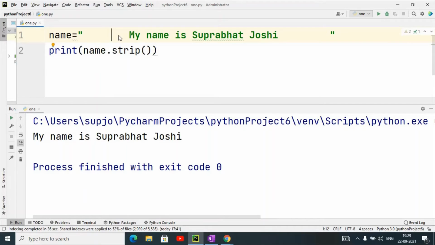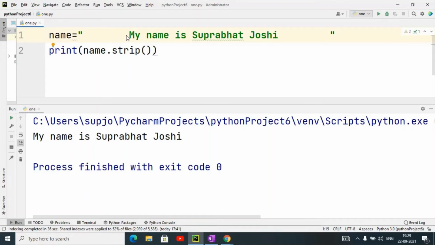It will remove all the blank spaces here. Understand everyone? It removes only before and after spaces, right, sir? Yes, from the beginning and end.